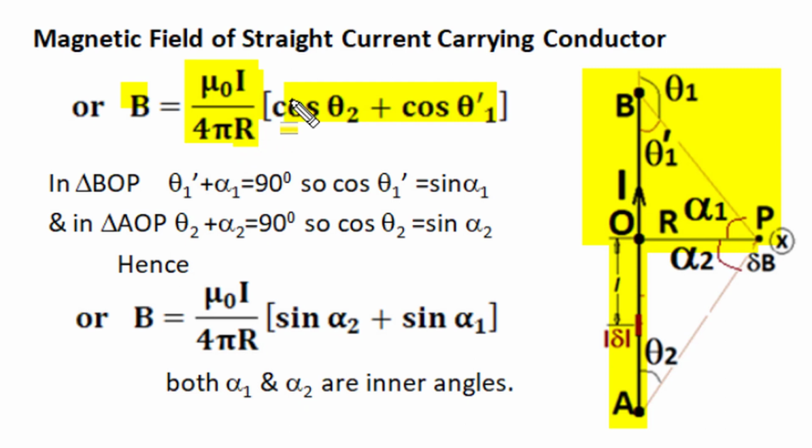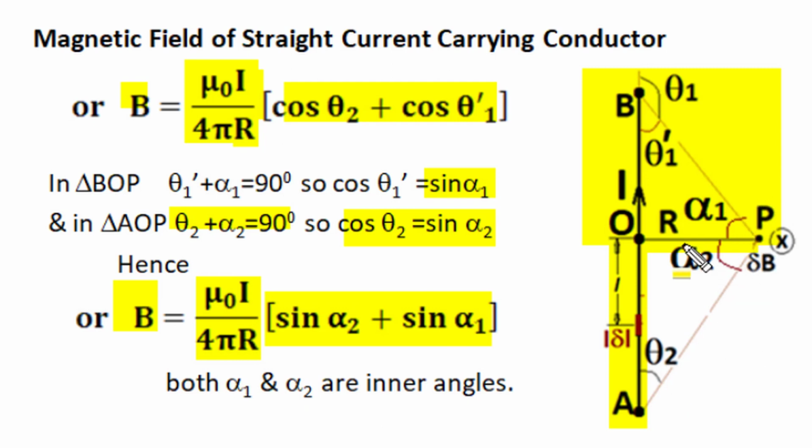So in place of cos theta 1 dash, we can write sin alpha 1, and similarly in triangle AOP, the summation of theta 2 and alpha 2 is 90 degree. So in place of cos theta 2, we can write sin alpha 2. In place of theta 2 and theta 1 dash, we can get the same magnetic field contribution of this AB length at r perpendicular distance in another format, mu 0 I upon 4 pi r (sin alpha 2 plus sin alpha 1),